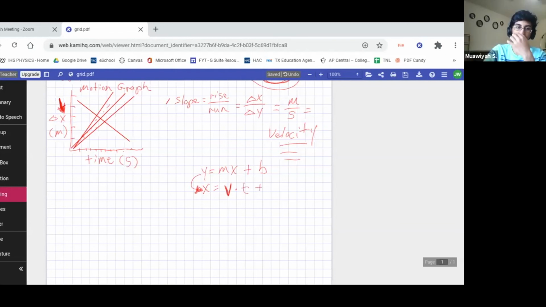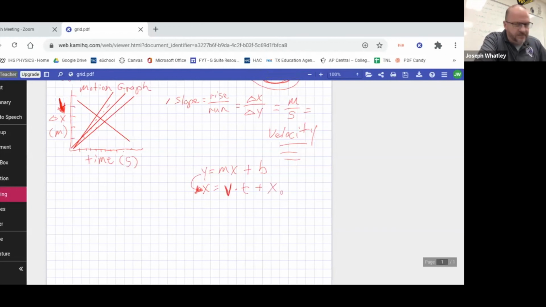And then plus, now b. b is the y-intercept. But when do we hit the y-intercept? Don't we hit it at time point 0? When you cross the y-axis, aren't you doing it at x equals 0? If that's true, which it is, that's going to be our initial, our starting position. We're going to call that x naught. Anything with that little subscript circle just means initial. So our final position, x, is equal to how fast we're going times that amount of time plus our starting